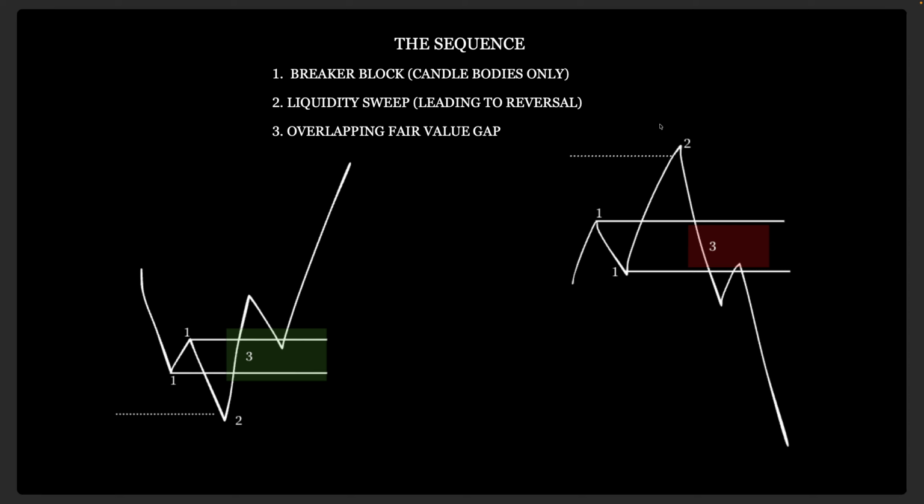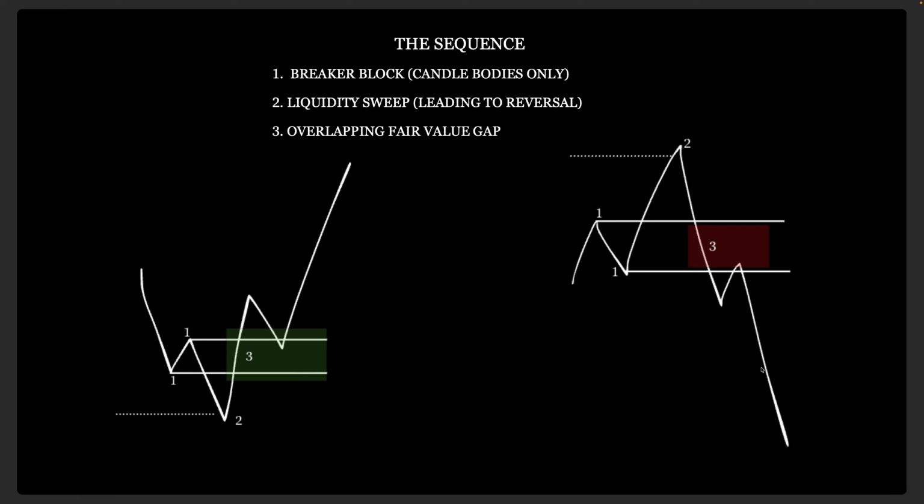If and when price reverses after sweeping the liquidity, it pushes and displaces downwards, creating a bearish fair value gap right here. Price might or might not retrace back here. As you can see, this leg came back, so price might or might not retrace back to go lower towards